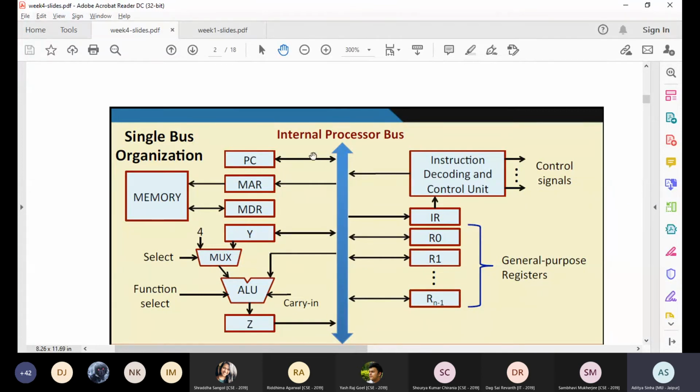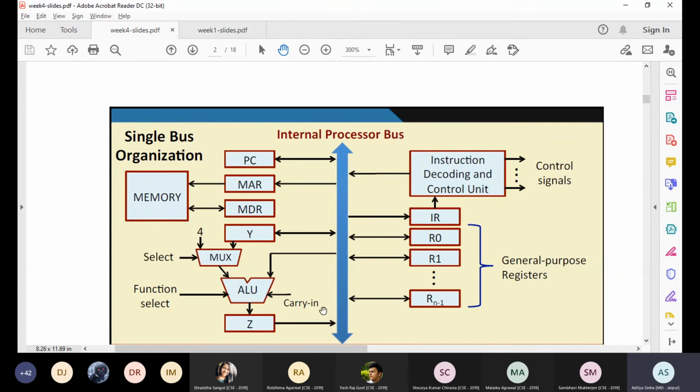So you're getting the idea why we are using this mux, and how the value of PC is getting incremented. Do you understand the flow of how the PC got incremented? So what does the temporary register Y have? You can't just increment the value of PC directly. You have to use the value which will get inside Z, the temporary register, and from there you update the value of PC to keep track of things, so that the data doesn't get lost.